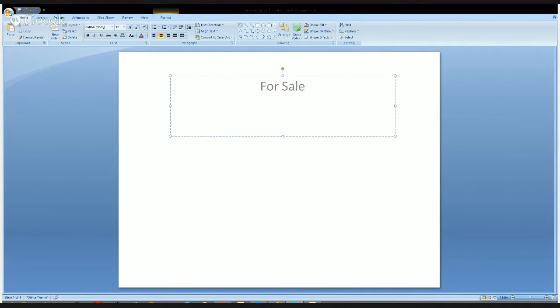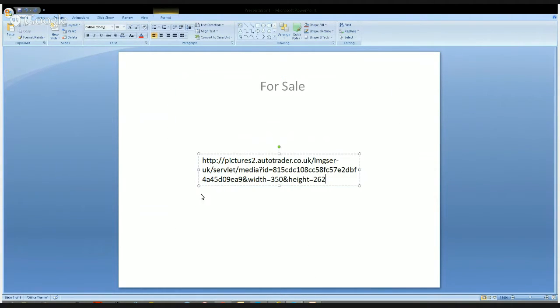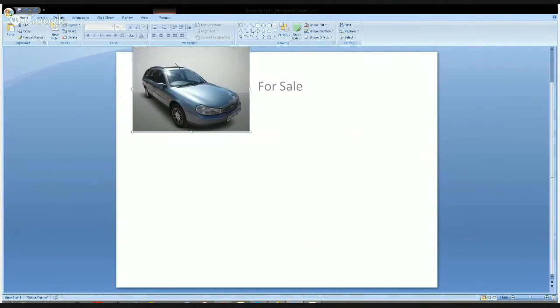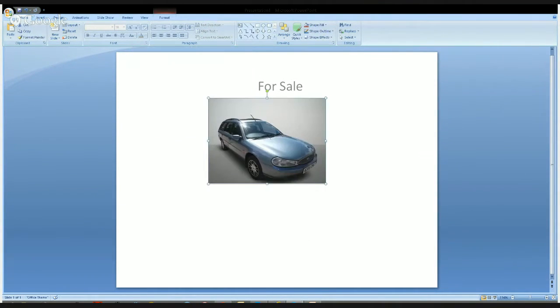So let's copy the image and we'll paste that in here. Oh, that doesn't look like I've copied the image. We go back, let's see. Copy image. Paste. There we go. For sale.